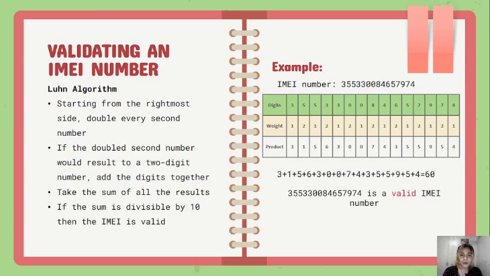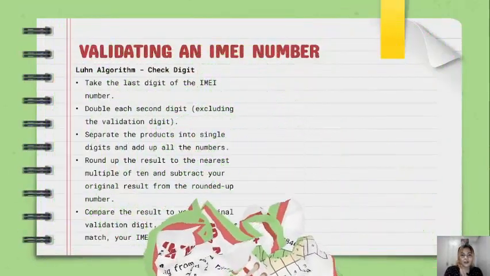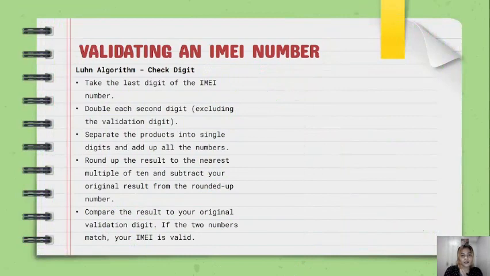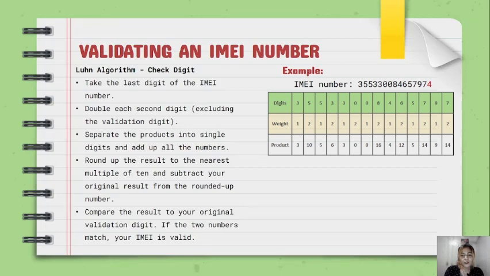Another way to validate an IMEI number is using a check digit. First, let's have the same example. So taking the last digit of the IMEI number, we have the 4. We need to double each second digit excluding the validation number. So unlike the first process, we don't need to add up the two-digit results anymore, since we need to separate the products into single digits